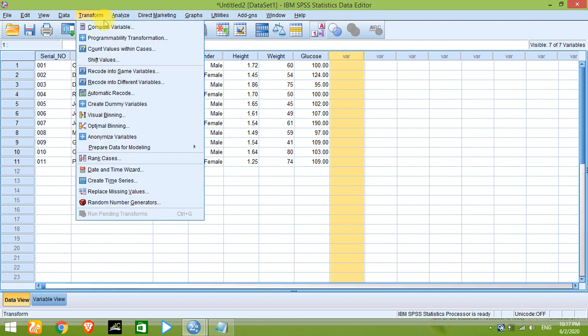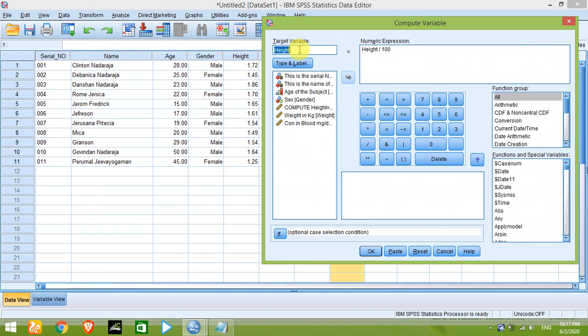For that, again, I'm going to compute this variable, and I'm going to change the target variable into a new variable, because it's going to be BMI. It's a completely different thing. So I need BMI as a new variable, the target variable. So again, I am removing everything, and yeah, I'm doing nothing, right? So computed height, that means we changed that height from centimeters into meters, and I'm going to add that one, and I'm going to divide that one by